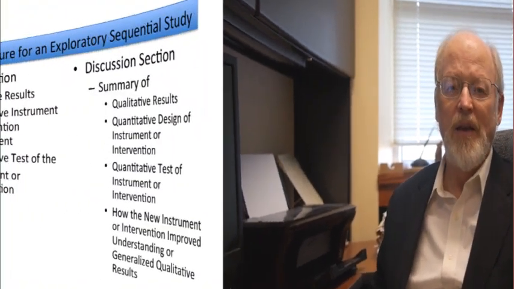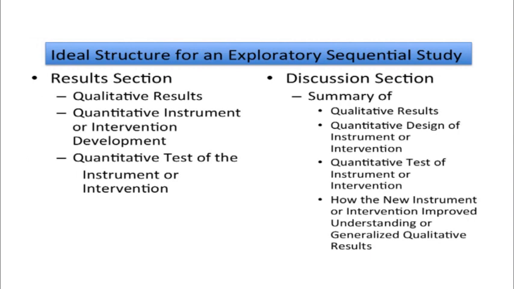Well, now let's turn to an exploratory sequential design study. What would the structure of that look like? Again, we're going to go into the results section and the discussion section. Recall that exploratory sequential design is where we start qualitatively. We explore for a while with some participants, typically gathering qualitative data. We then use those results to actually build something quantitatively, like build a new instrument, or build an intervention, or build a series of activities that would go into an